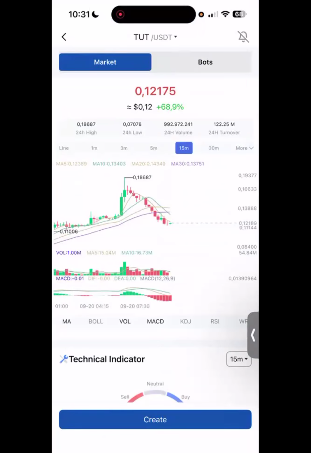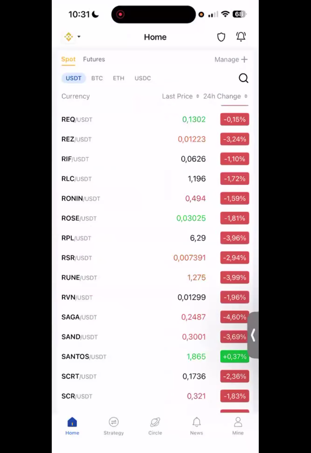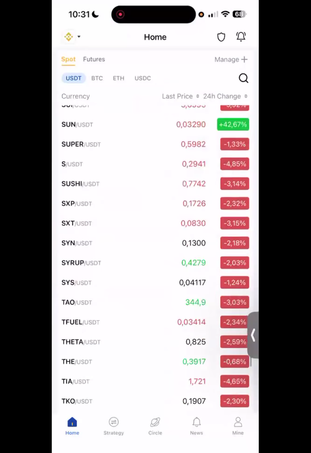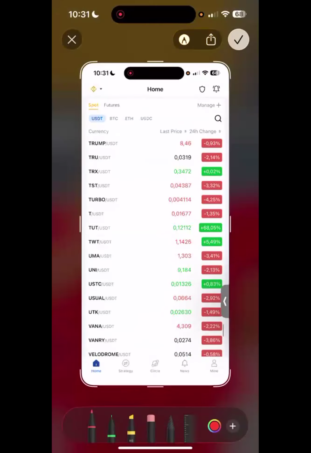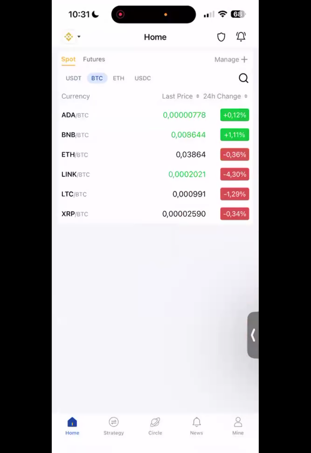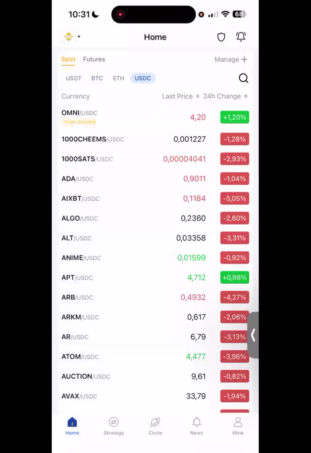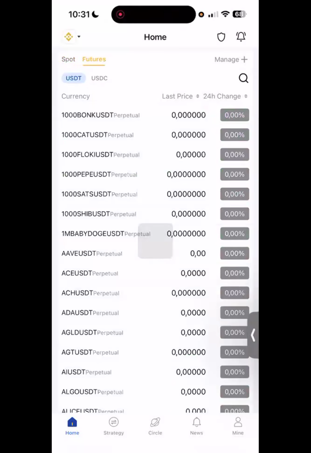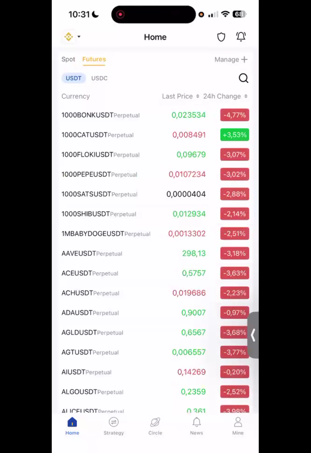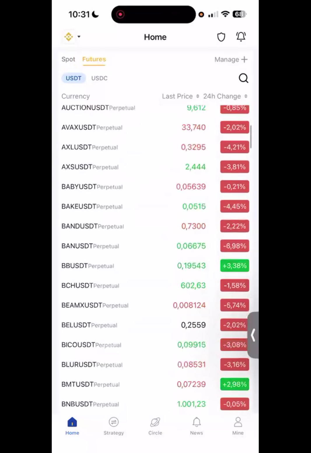All right. So let us move on. So that is the search button. That is what search is used for. So these are all the coins you can see under the spot, under the USDT pairs. If I should switch to BTC, we would see the pairs that are available on BTC in that order. Okay. Let's move to futures. So these are the pairs too under futures. Okay. You can see